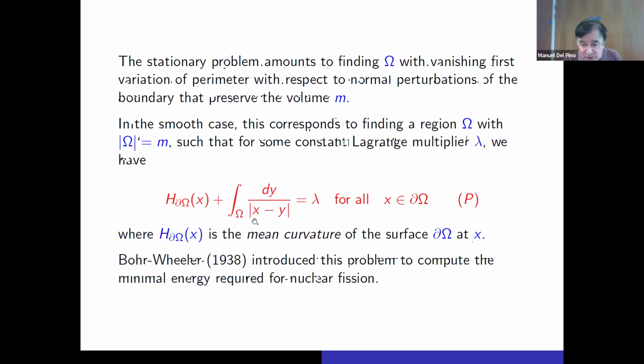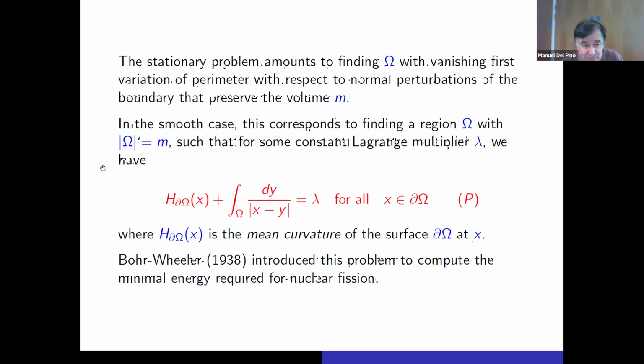So a relation of this form holds for all x in the boundary of omega. What are these terms? This is just the mean curvature of the surface, the boundary of omega, at the point x. And this one corresponds to the derivative of this Coulombian interaction. What we want is that the sum of these two terms is equal to a constant. And this constant is not prescribed, it's a Lagrange multiplier,